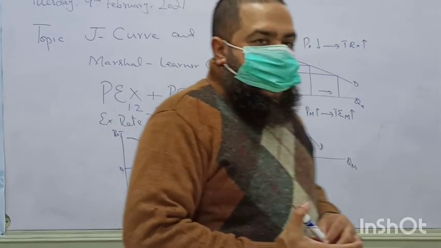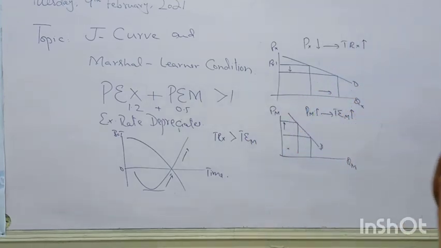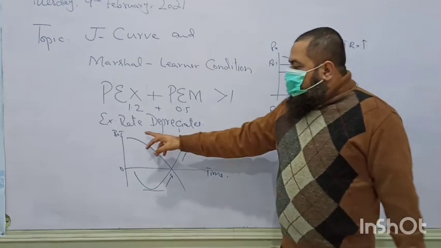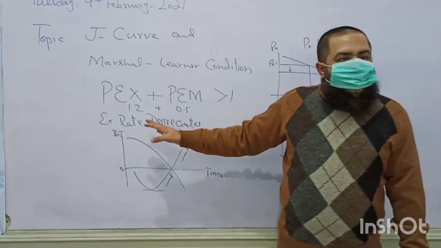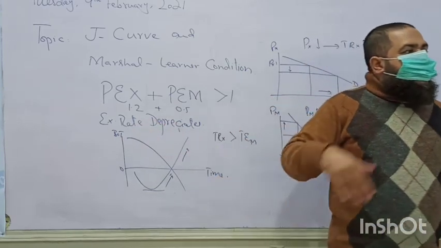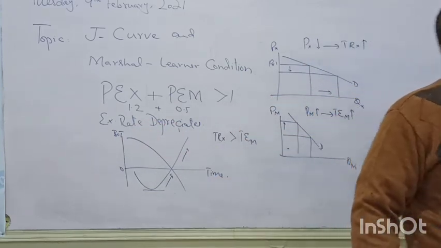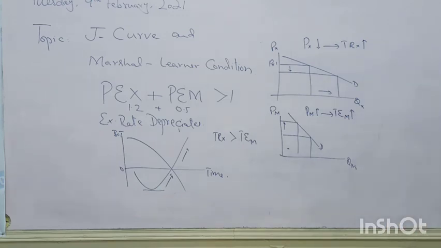Inverted J curve means we were having a surplus over here, so due to appreciation of the exchange rate, imports will become dearer, and that country will be importing more raw materials, capital goods or consumer goods, so import expenditure will be increasing and export revenue will fall, and the country which was facing a balance of trade surplus, that can be removed or reduced. Although surplus is not a bad thing, it is also a disequilibrium condition.